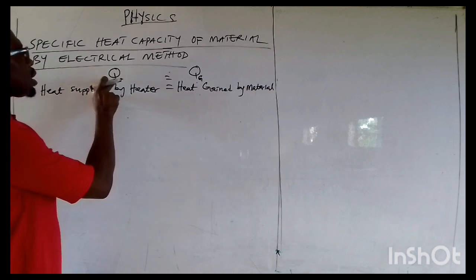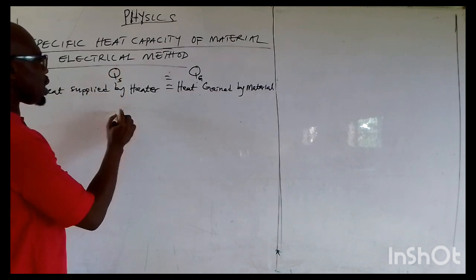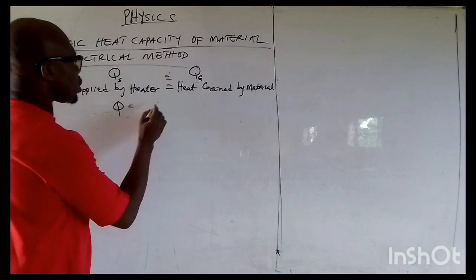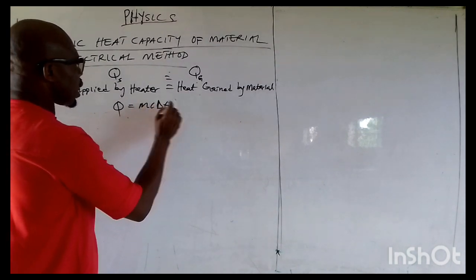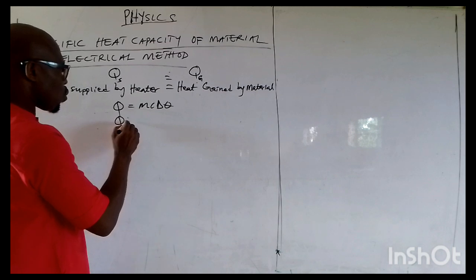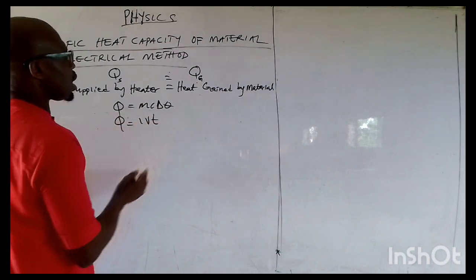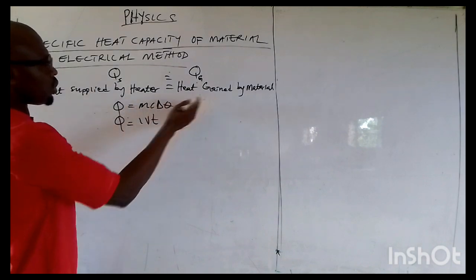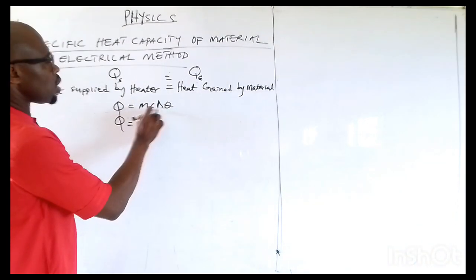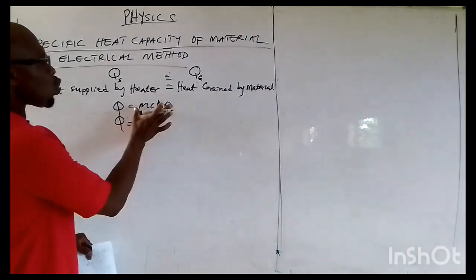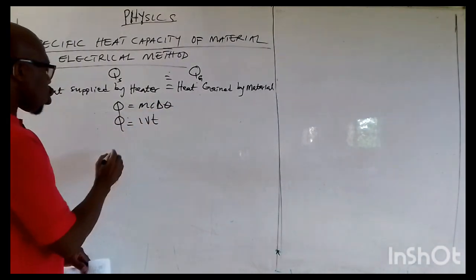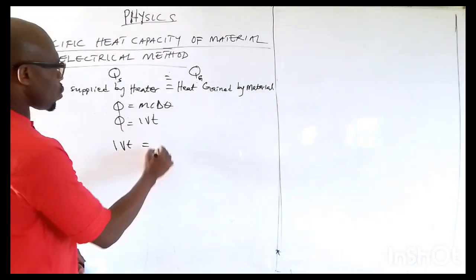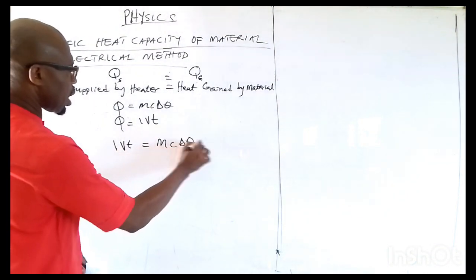Since heat supplied by the heater is Q, which is equal to IVT, and heat gained by the material is Q equal to mc delta theta, we can equate these two. So heat supplied IVT is equal to mc delta theta,